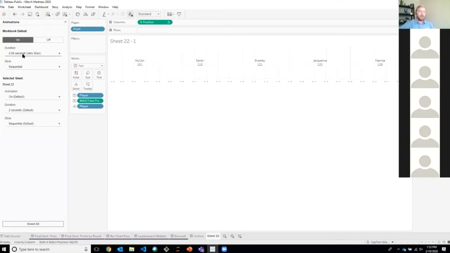And you have a few things. You can change the duration, and this is how fast that animation is going to calculate. And then the style, which is either sequential or simultaneous. With sequential, you get the movement in stages. It will calculate the new endpoint, shift, and then stop and sit for another second before it does the next one. If you choose simultaneous, it'll just do all of the calculations at one time.